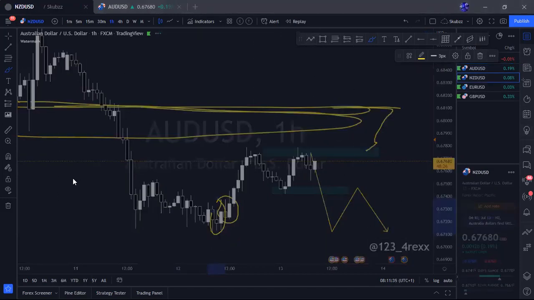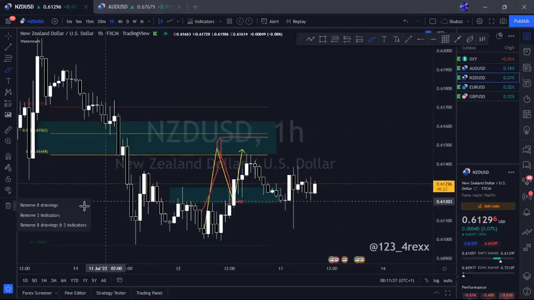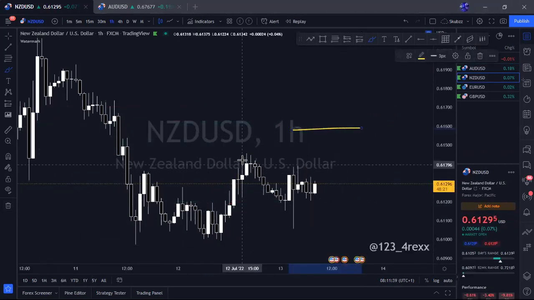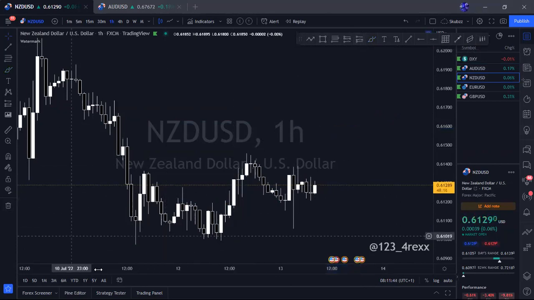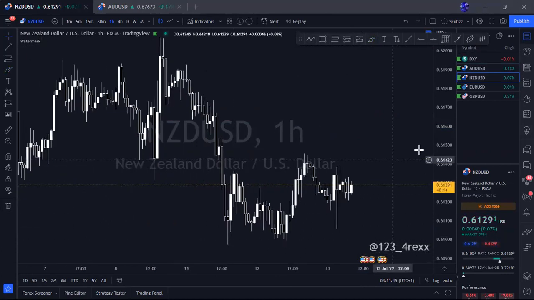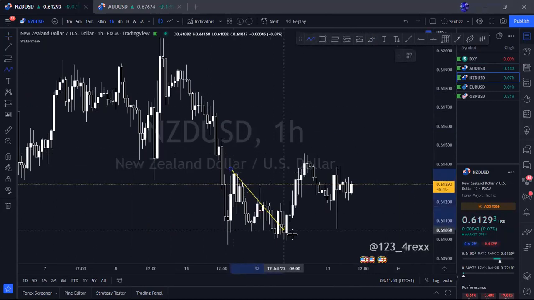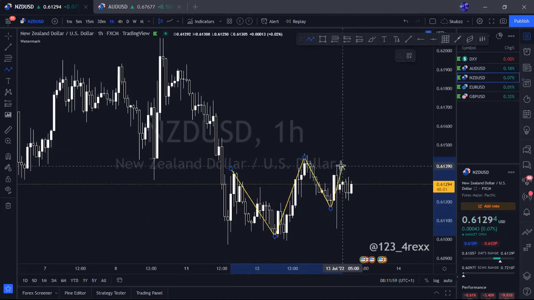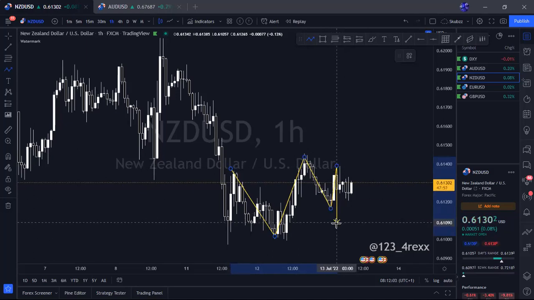Let's go to NZD. Let me clear the NZD chart and basically let's flow with the market and see here. So NZD's most recent market structure: we had these flat lows here, same thing as AED USD, and then we had the break of structure of these levels to the upside. We tapped into the levels and then we continued to the upside. Basically, what happened was price came, this was because of news, that 3 a.m. news we saw on NZD.